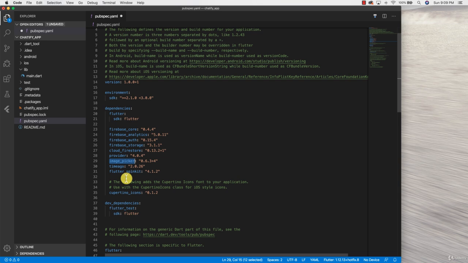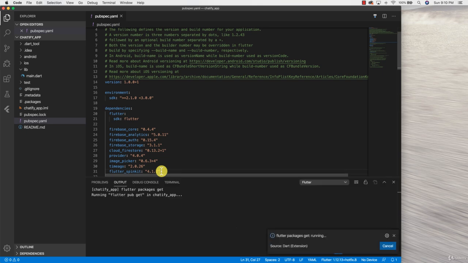The image picker dependency allows us to access the media libraries on both of our devices, Android and iOS, and pick images from there. The Timeago library allows us to take the timestamps provided by Firebase and display them in a text format. Flutter SpinKit is a library that I really like, and I wanted to include it because it provides a bunch of loading animations that we can use in the development of our application. Once all of this is set, we are going to go back to